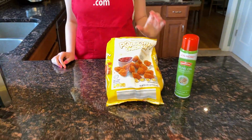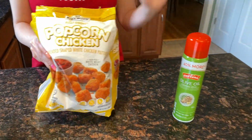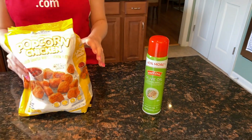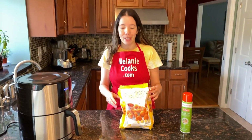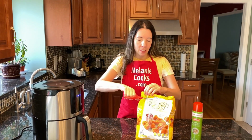So all we need is frozen popcorn chicken. No need to defrost. I'm cooking it straight from frozen. And we also need a non-stick cooking spray so the chicken doesn't stick to the air fryer. So let's open a package of popcorn chicken